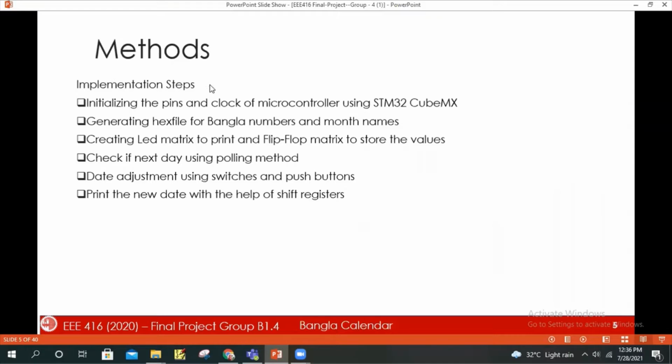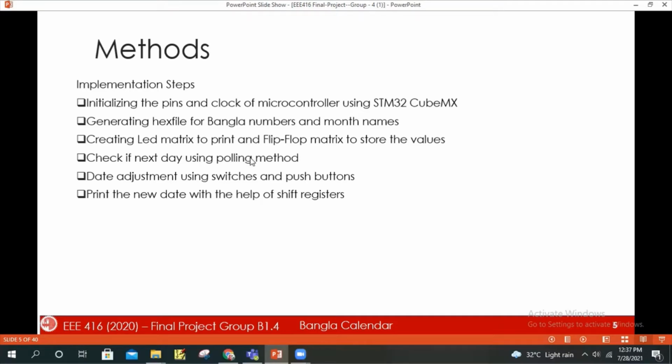These are the implementation steps of our project. First, we have initialized the pins and clock of the microcontroller using STM32CubeMX software. Then we have generated hex files for different Bangla numbers and month names. Next, we have used a flip-flop matrix to store the values and also created an LED matrix to display those values.